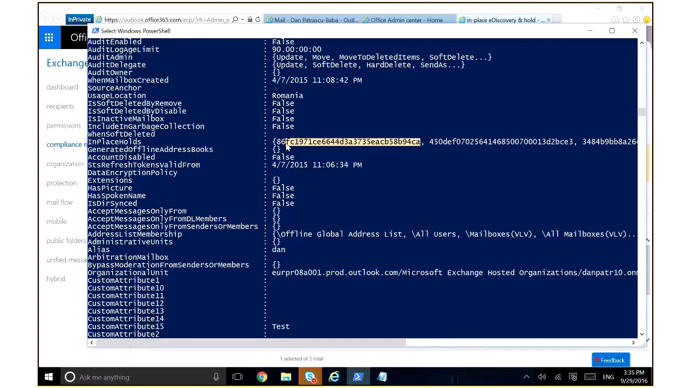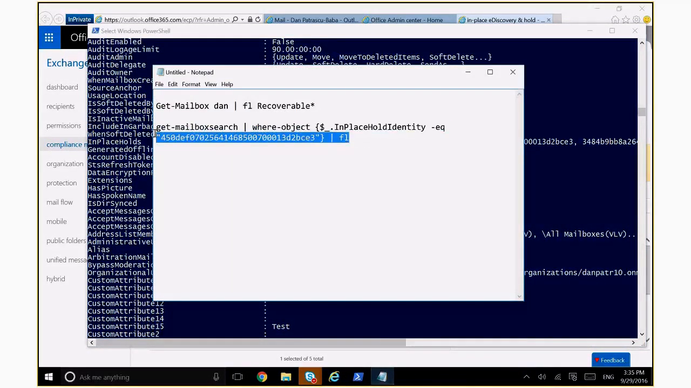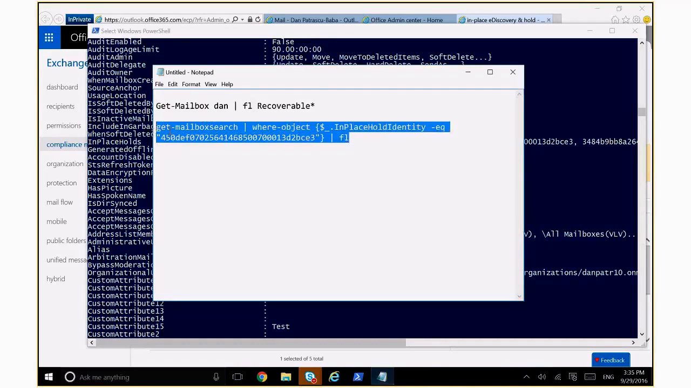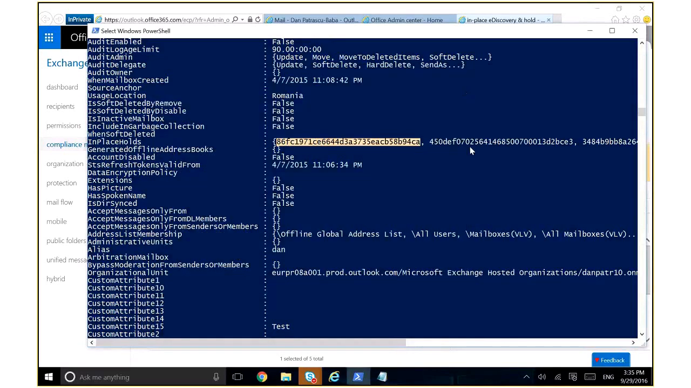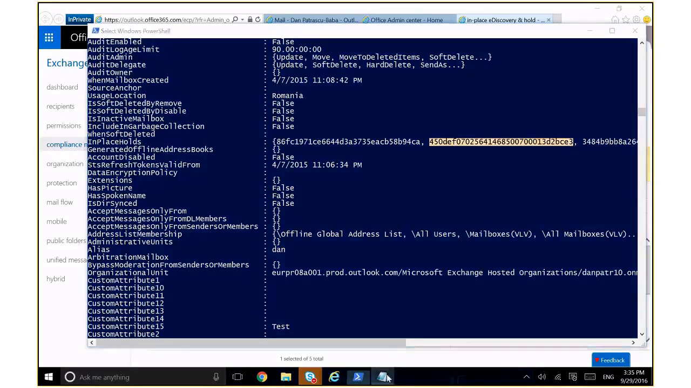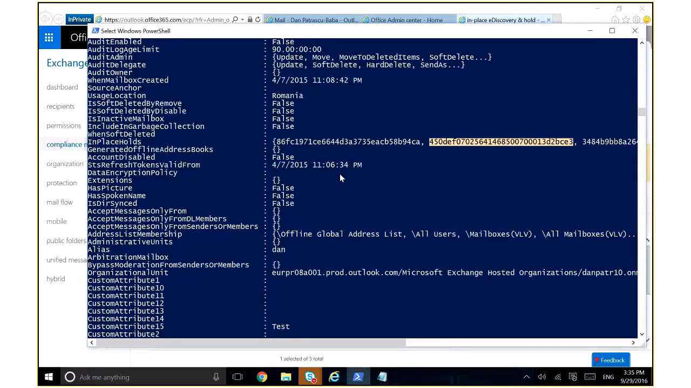automate any certain type of tasks based on a certain hold, for example, we can also run a commandlet to see exactly. So it's this hold that ends with BCE3. So let's say that I would like to find out exactly, because here on this commandlet I can see only the ID of the hold, but I don't know exactly as an admin what hold is this one. So in this case I could run this commandlet that I prepared here, and I will paste it in my